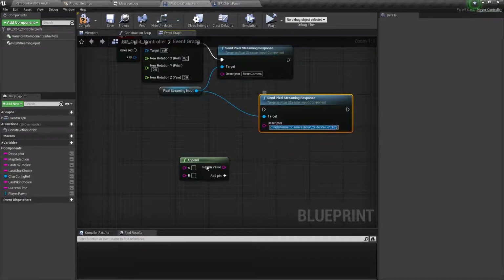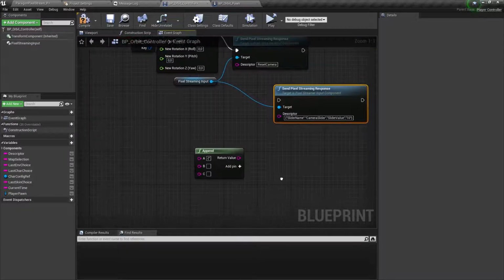So what we can do is just write the same thing as here, just split them up, like curly bracket and quote. Here we have the slider name value or the variable. Add a quote or camera. Oh, let's have that down here.